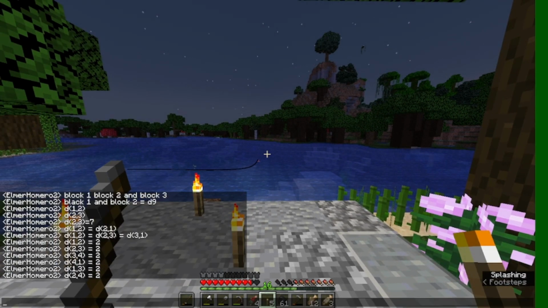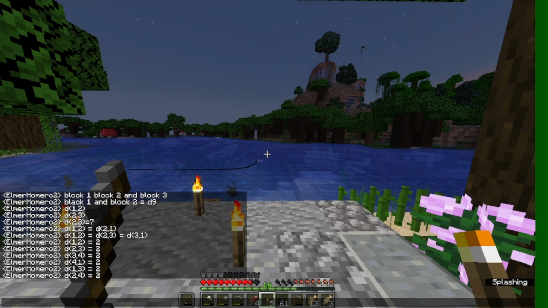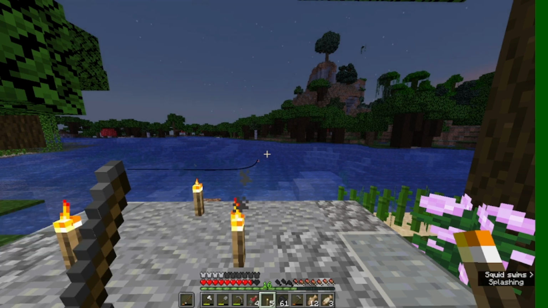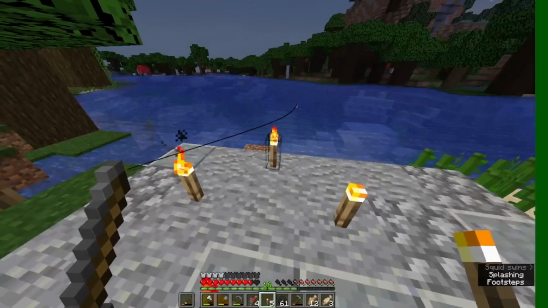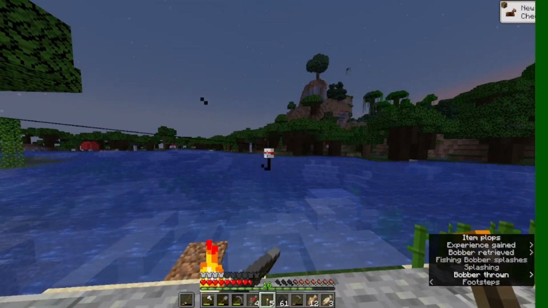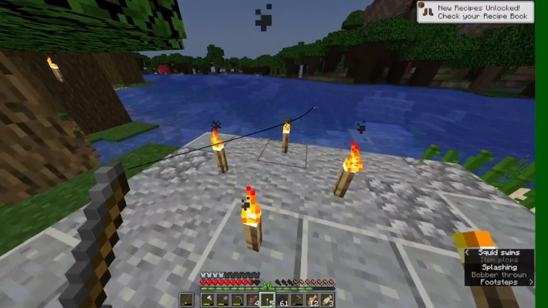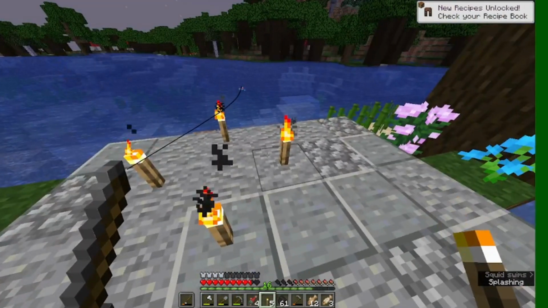So there we have it. 1, 2, 3, 4, 5, 6 distances in all between any pair of torches that I've put down. They're all the same distance away using the Minecraft metric. However,